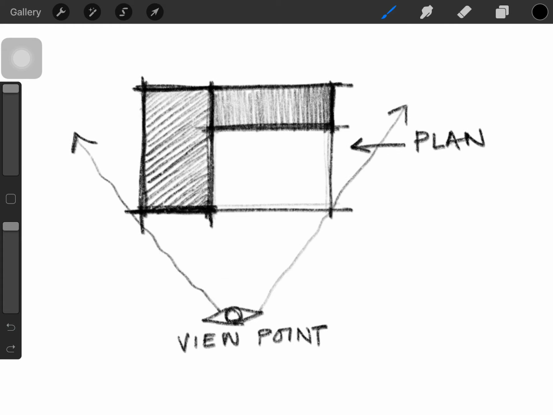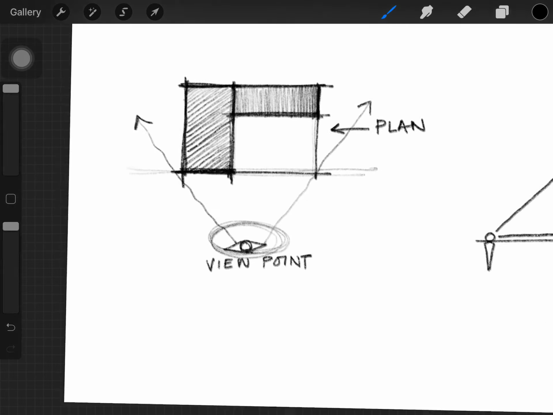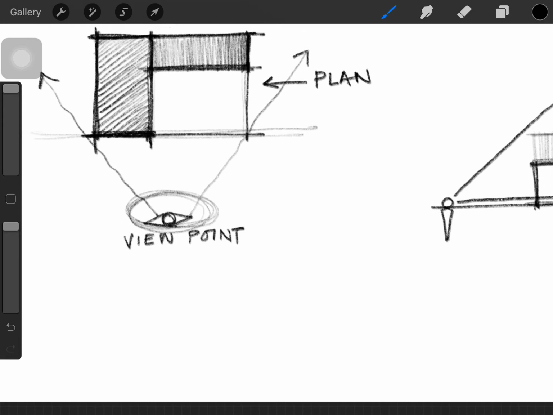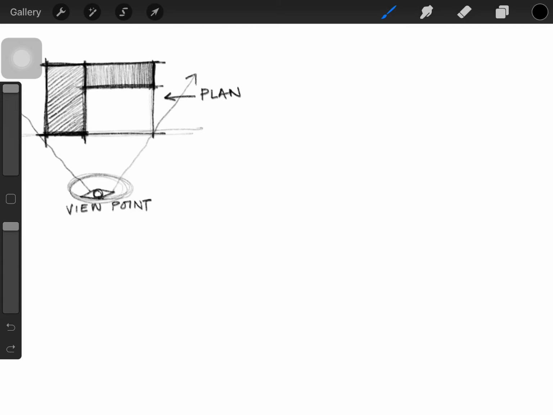So firstly we are going to talk about viewpoint 1. Just because the plane of vision for this viewpoint is parallel, I won't be needing two sets of vanishing points to portray this view. Essentially it's going to be one point perspective showing the depth of the building. Now for drawing a perspective view of this, the first thing that you need to do is create a boundary for this first sketch.